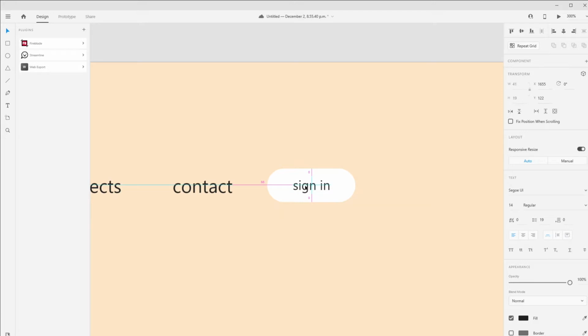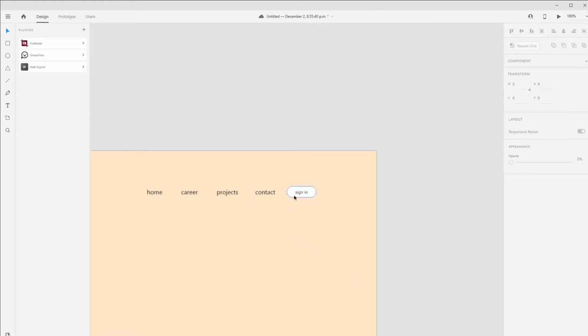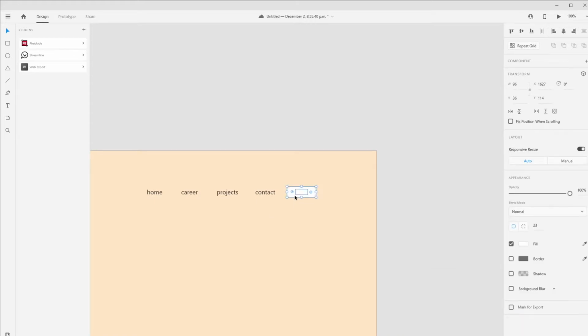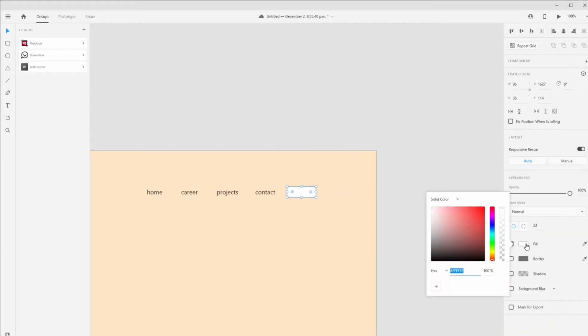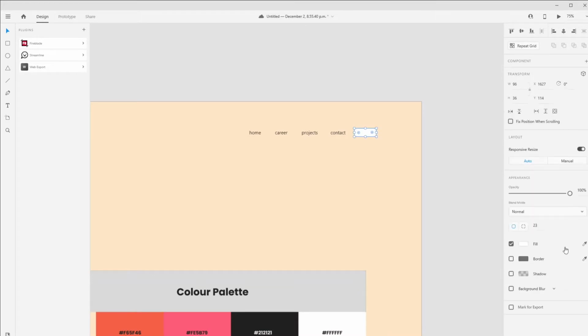So you have Sign In. Just kind of center it here. And that looks pretty good to me. Okay. So now what we're going to do is make this white color, and you want to make the actual button black. So now an important tip here, what you can do after you use the eyedropper tool, you want